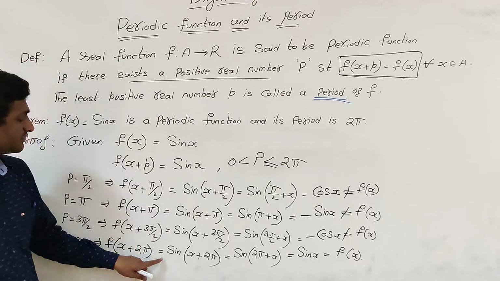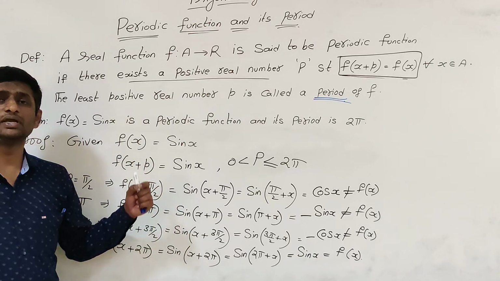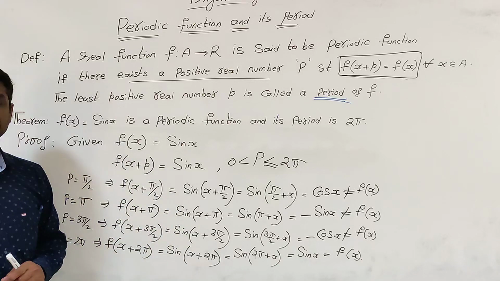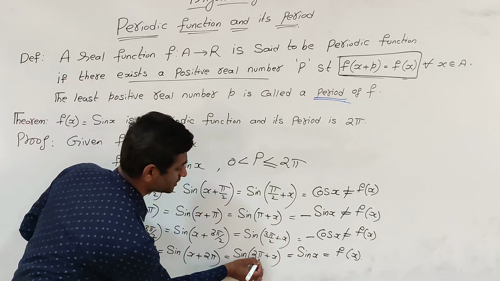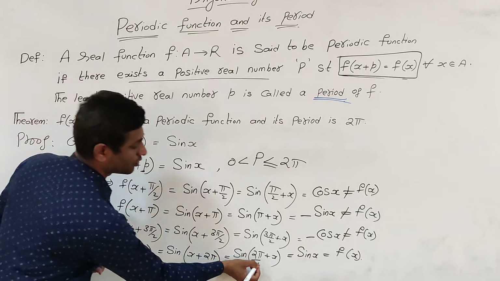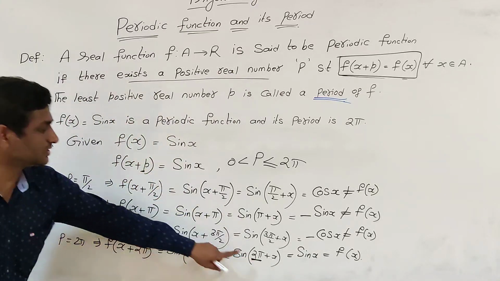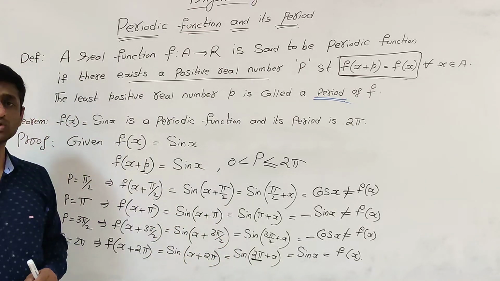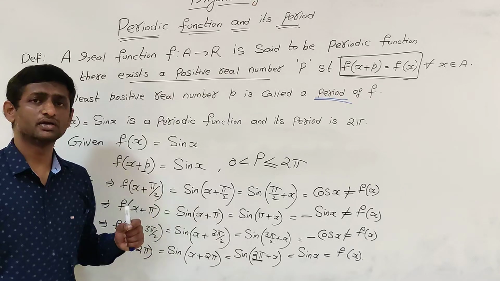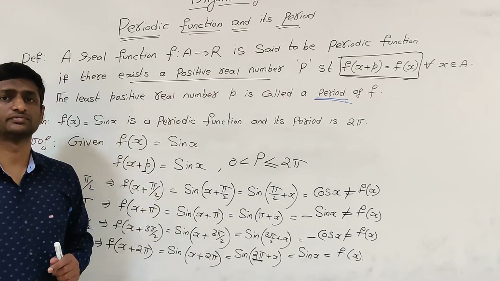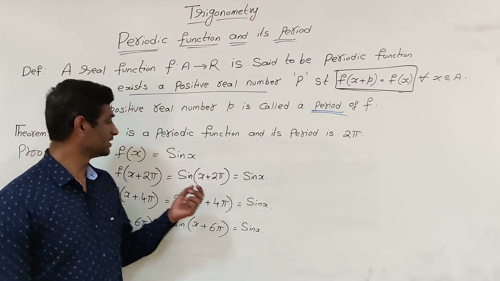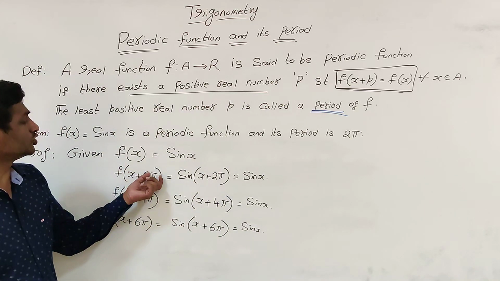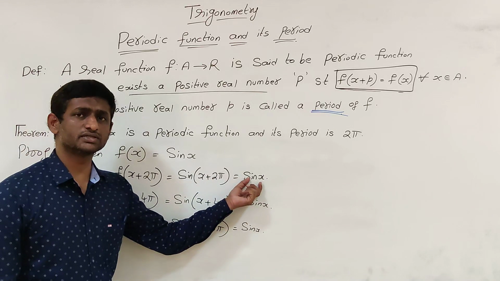So what is the periodic function? What is the function here? Sin x. So sin x is a periodic function. And what is the period? The period is 2 pi. In the place of p, what is the value here? Compare p with this 2 pi. So 2 pi is the period. Now we can also find the period by using the graph. As we have seen, sin x is a periodic function. f of x plus 2 pi means sin of x plus 2 pi is sin x.